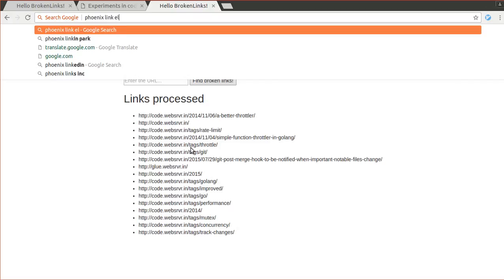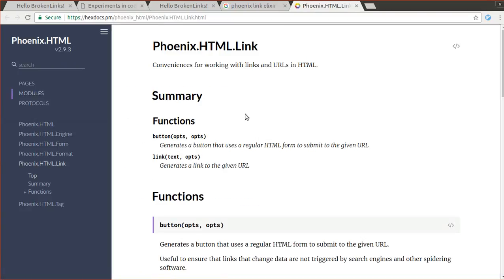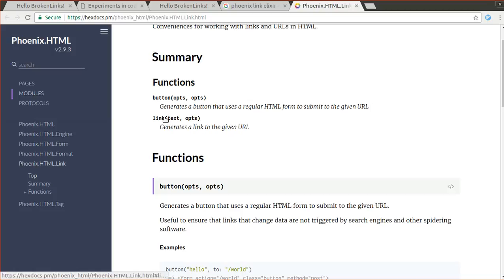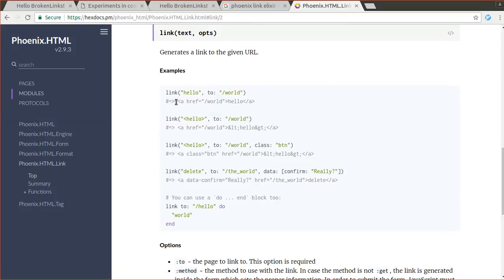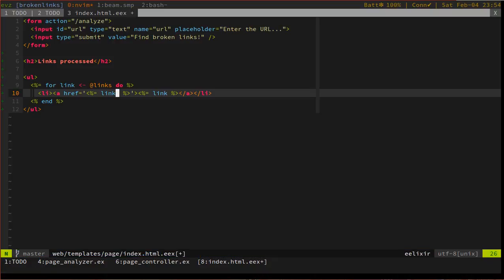Phoenix link Elixir. I haven't had time to play with the HTML part of Phoenix. So it says link text options. Let's check that out. Link text to a route. Yeah. So link. The text is going to be, well, so here we need to